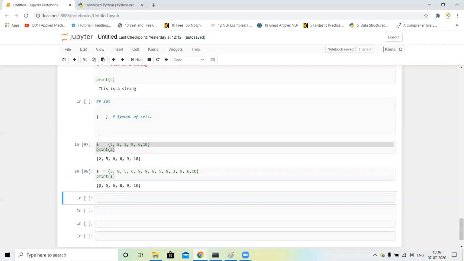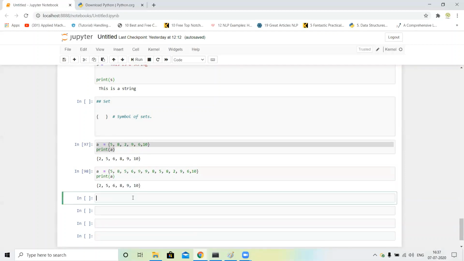You can see 2, 5, 6, 8, 9, and 10. So a set supports operations like union and intersection of two sets, and a set holds unique values. It eliminates the duplicate values, guys.